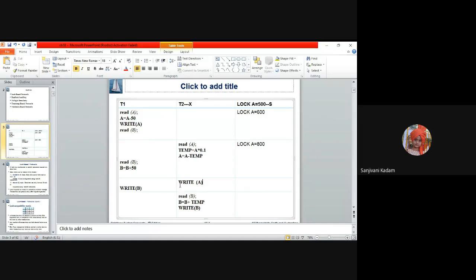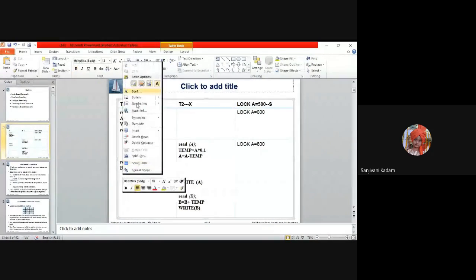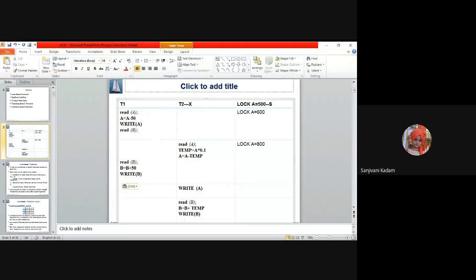Write A and write B. Write B will change one data item, write A will change another data item. So whether this one executes first or that one, it doesn't make a difference. And hence we can interchange those statements. Interchanging means that we can move this to this part, and the database will also have the same effect as the previous.